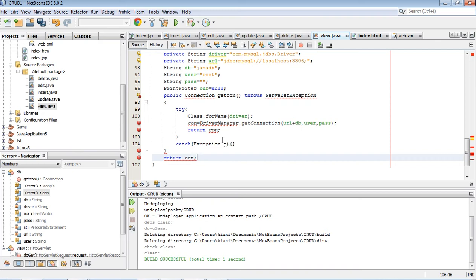ServletException, and we will have inside the try and catch.